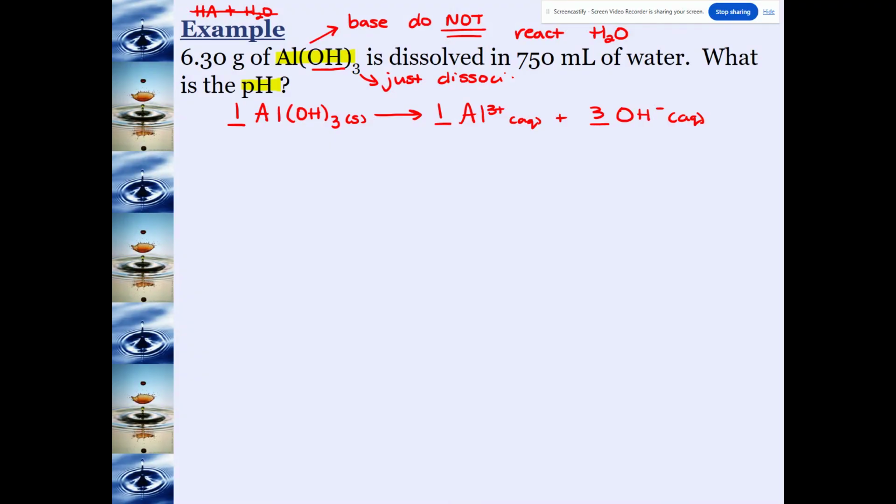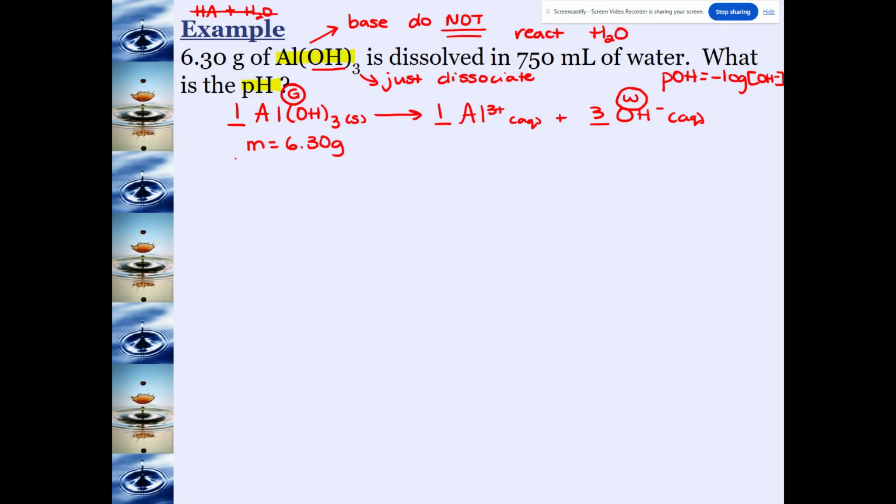Okay? Now, again, I'm being asked for pH, but I don't have hydronium ions. I have hydroxide ions. I want to find the concentration of my hydroxide, so I can find the pOH first. Because I have a base, again, when I take the negative log of those ions, once I find those ions, that's going to give me a number on the pOH scale. Okay, so even though it's asking for pH, we're going to be getting pOH first. Now, I am given information about my compound. I am given the mass,